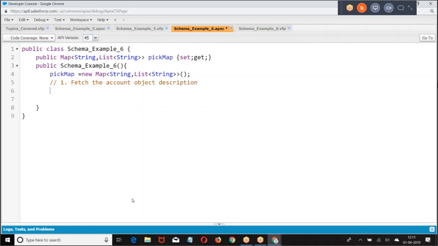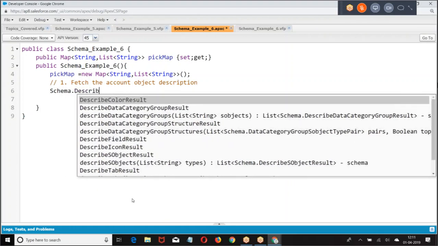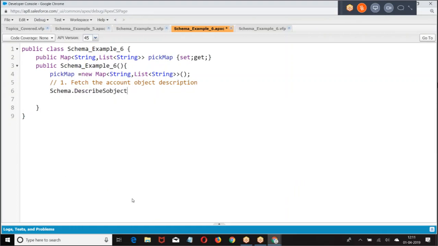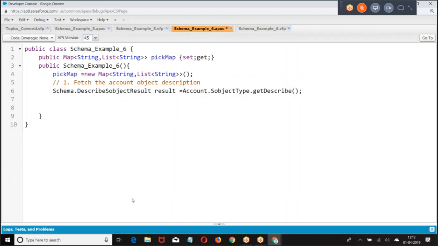Now tell me, how do you get the description? Schema dot type S object result. Result equal to account dot S object type dot describe. Fetch all the fields of the object. How do you get all the fields?